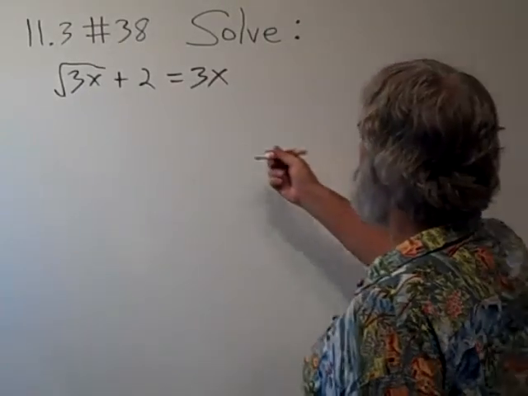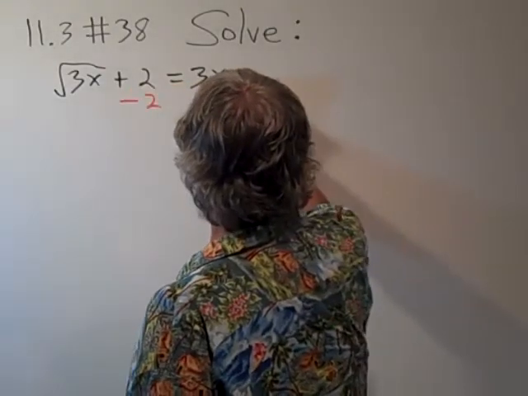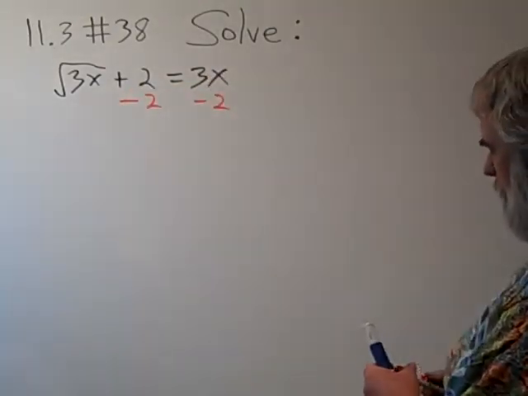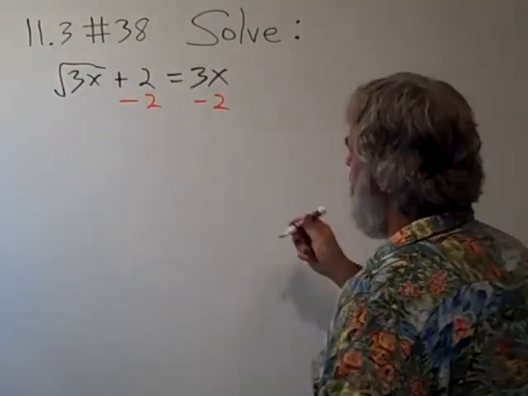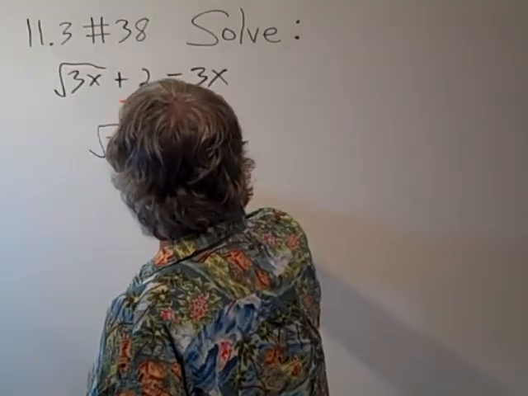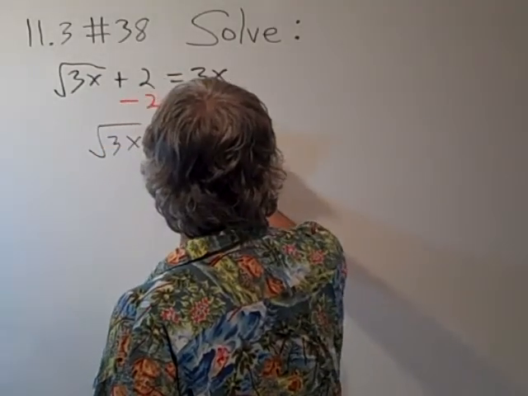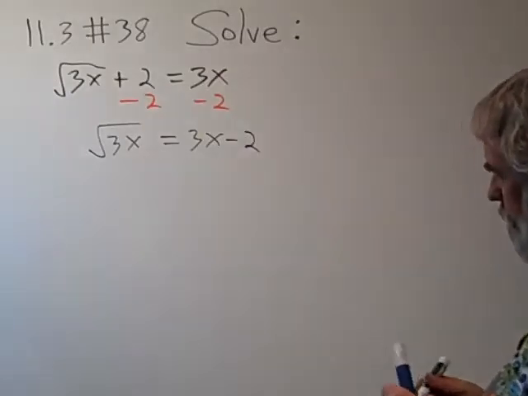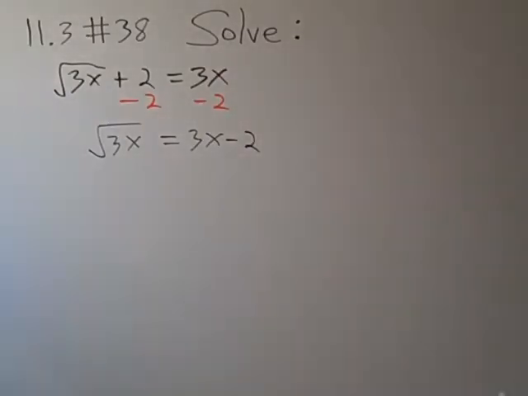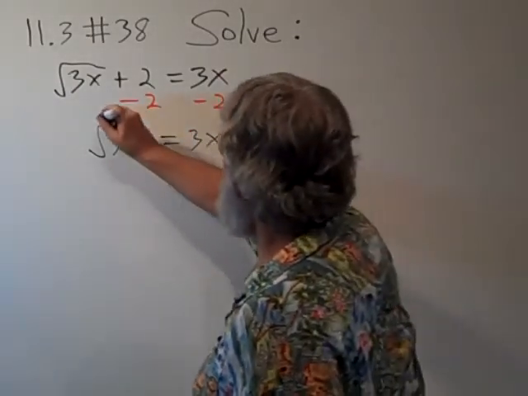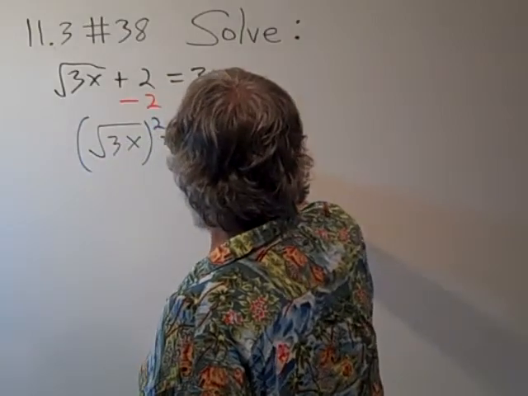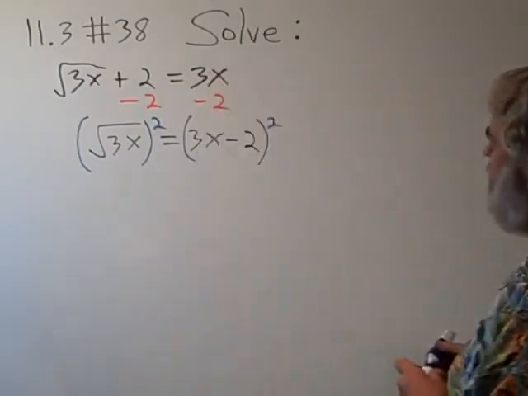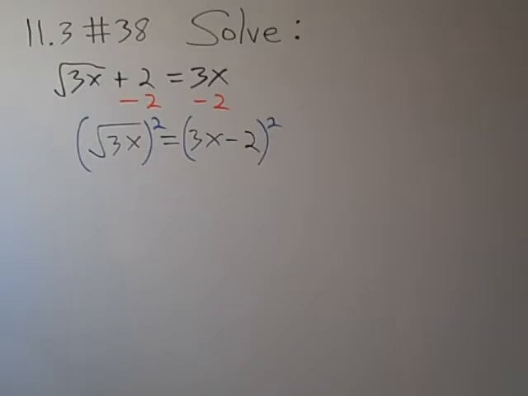We start by subtracting 2 from both sides of the equation to isolate the radical. We then have the radical 3x equals 3x minus 2. And so if we square both sides of the equation, it will eliminate the radical. And we'll have 3x